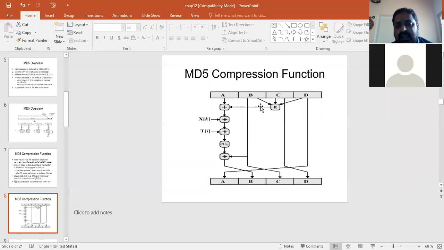So it calculates the greatest common divisor for B, C, and D, and then it adds to the A. For example, it uses some function. For example, it could be exclusive OR function or some other function, and that is applied, for example, with the message A, and then again it applies the same thing with the message that is produced by this output,